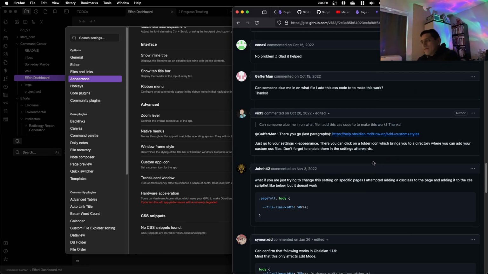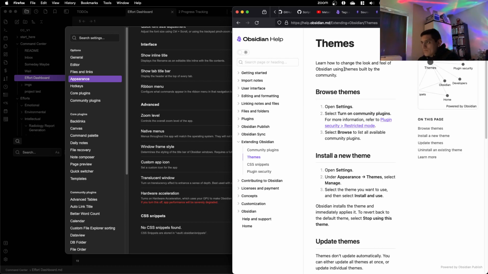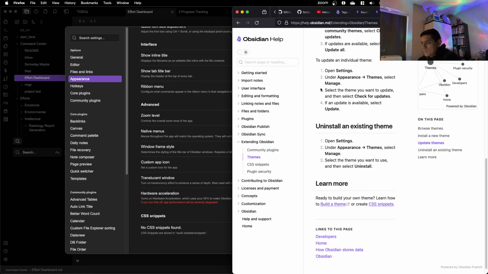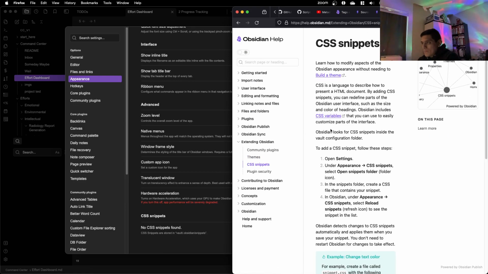Don't forget to enable it in your settings after. Ooh, without needing to build a theme. Nice. I might use this. To add, open settings, appearance, create a CSS file.